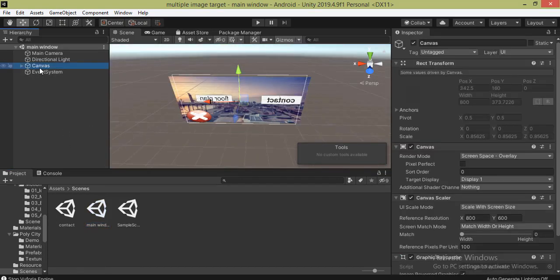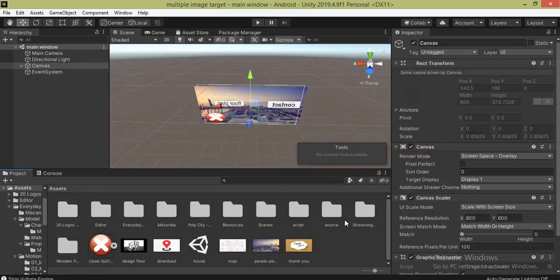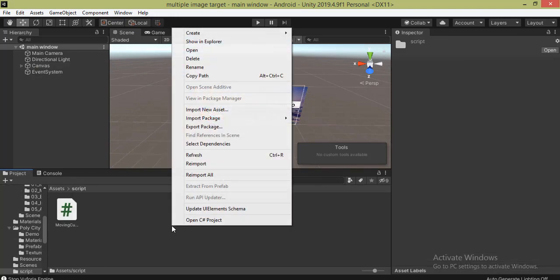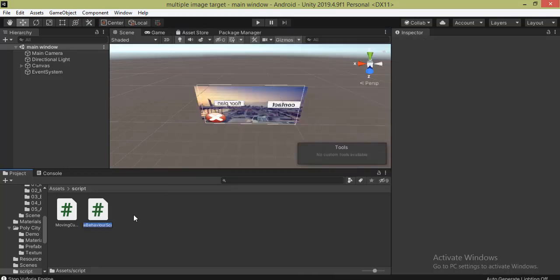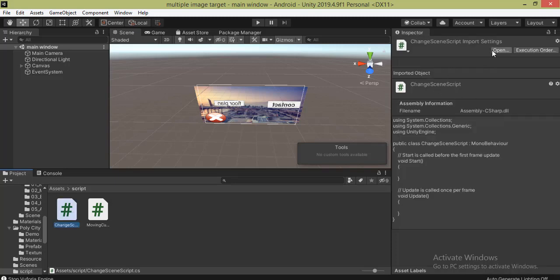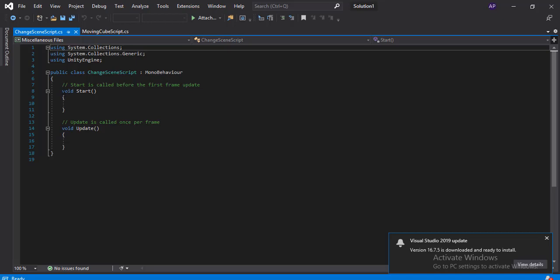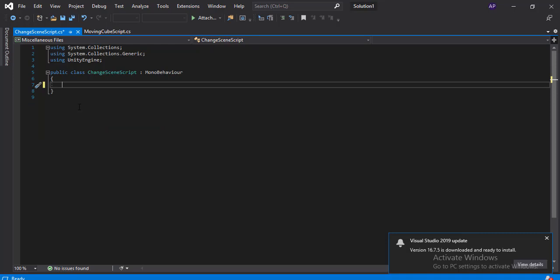Click on canvas. Again go into the asset, and this time select the script folder. Right click over it, go into the create and again create a C# script. And this time I am going to give the name change scene script. Here I am going to make a script to change a scene. So for that I just delete all of this first. Then I am going to create public void floor plan,